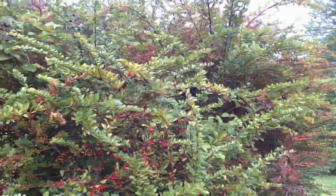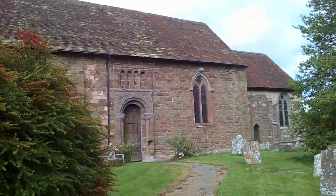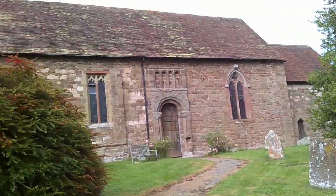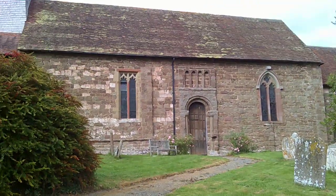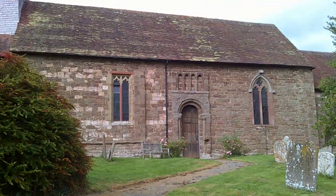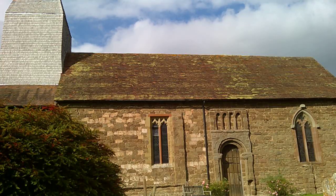St Michael and All Angels, Knighton-upon-Teme. And another example of how picturesque the Teme Valley is. And so there we have it, St Michael,